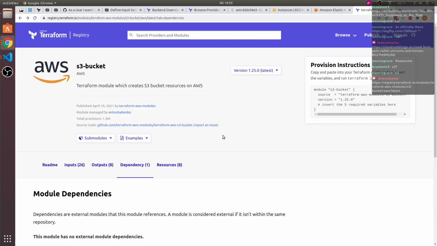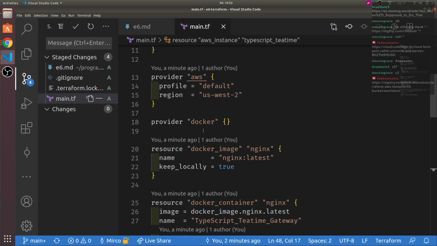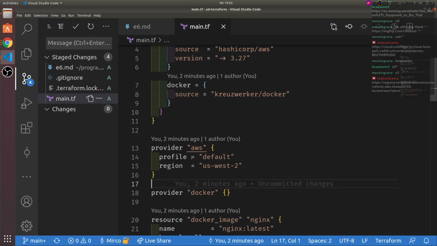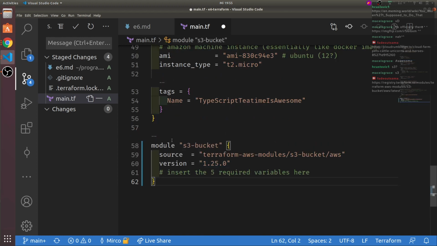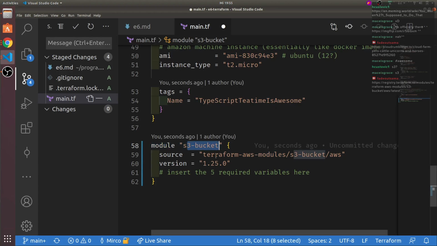Yeah, so this is new territory for me as well. Apparently, you can use it like this. Copy and paste into your Terraform config. Sounds good to me. And then let's look at it. So we put it inside of here, and we put it, let's say, at the very bottom. Module S3 bucket. Okay, fair enough.